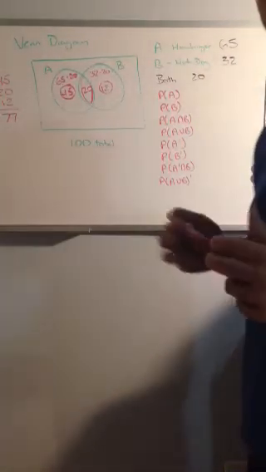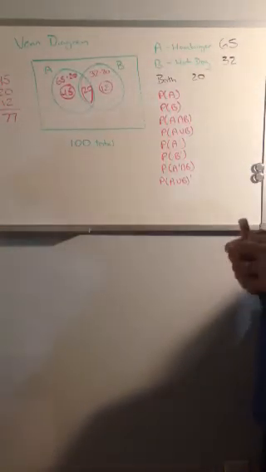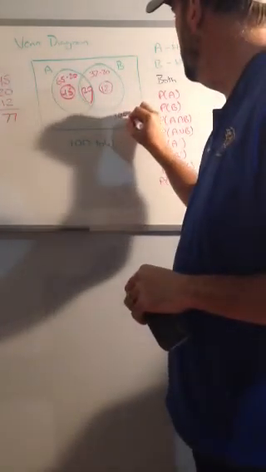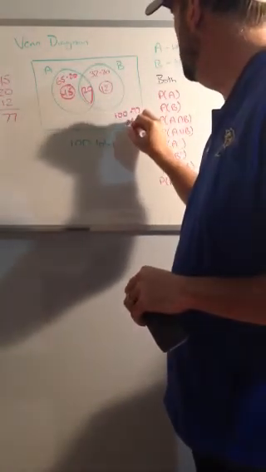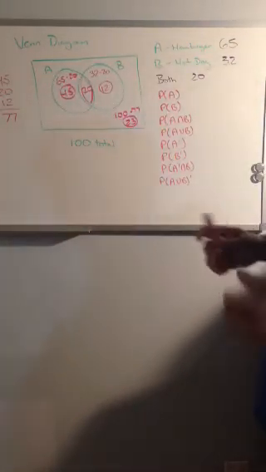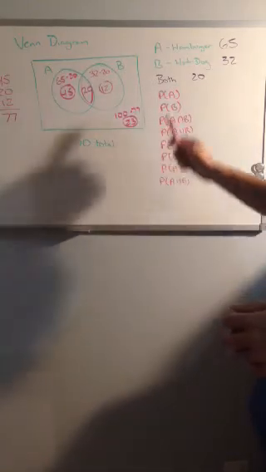There's a total of 100 people. So there's something left over. Those are the people that don't like hamburgers or hot dogs. That's got to go out here to whatever's left. So we get 23. So now when we go through and we answer these questions, probability of A, that's the